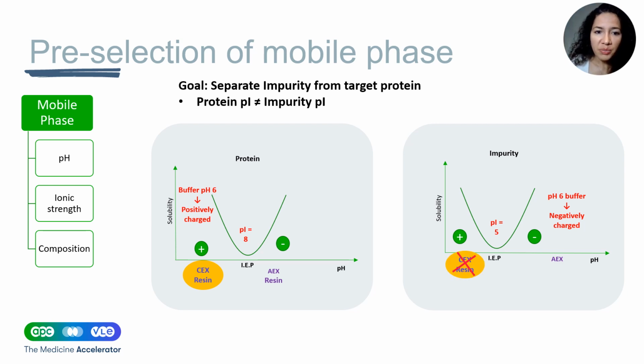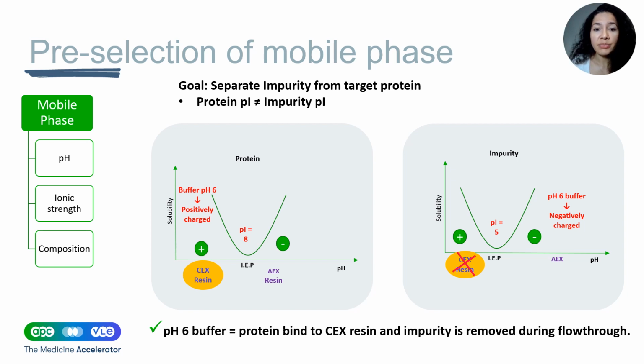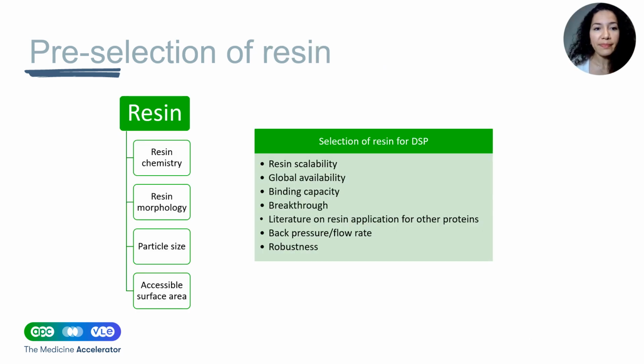Based on these principles, we can predefine the resin type and the pH range of the buffers. Another variable in the downstream process is the resins. It can have different chemistry, different morphology, different particle size, accessible surface area. While selecting the resins that we'll use